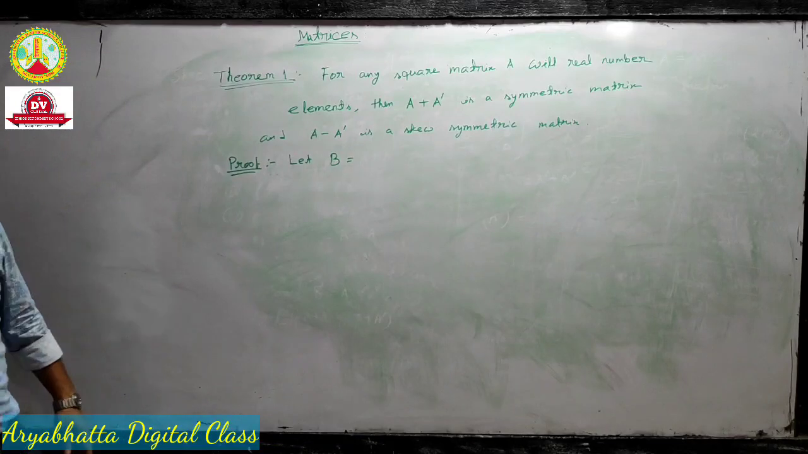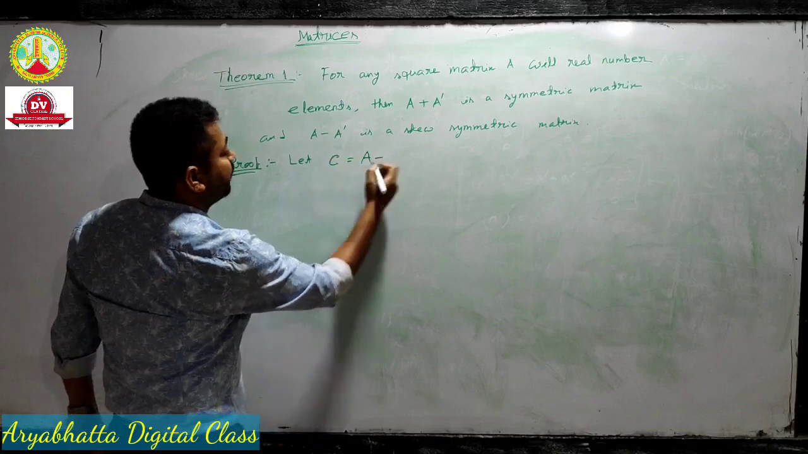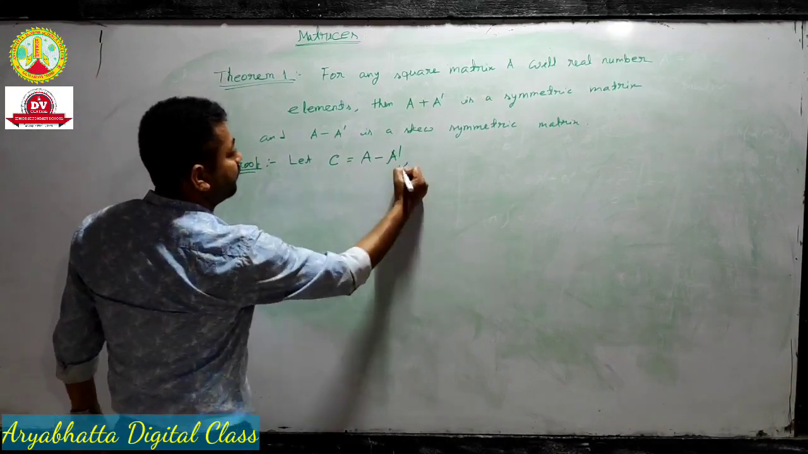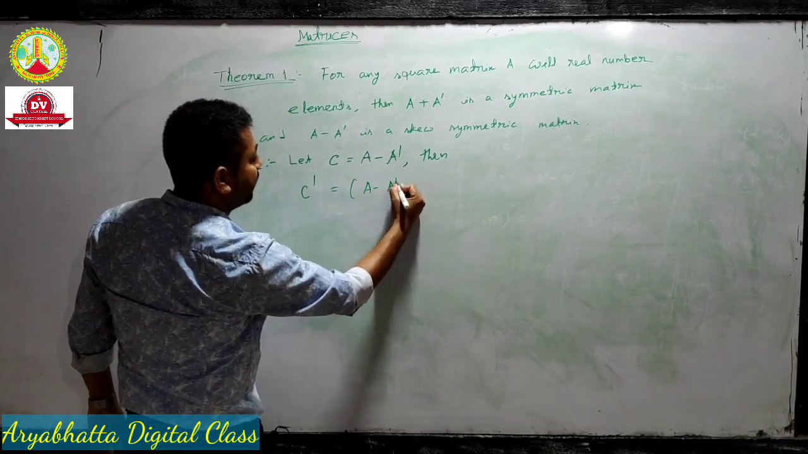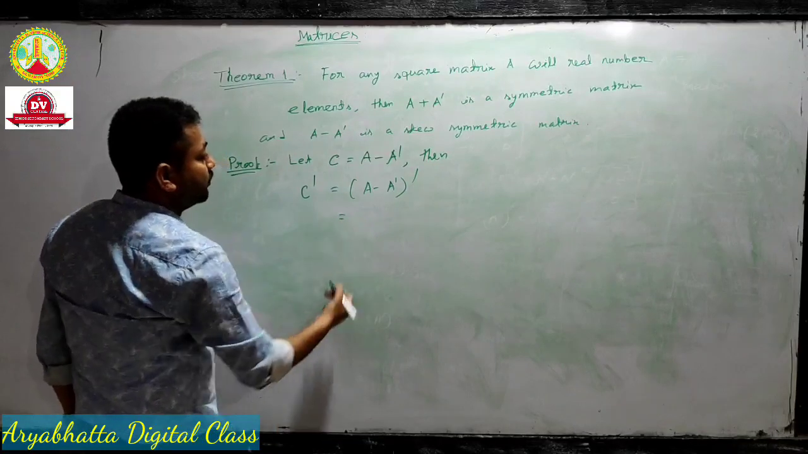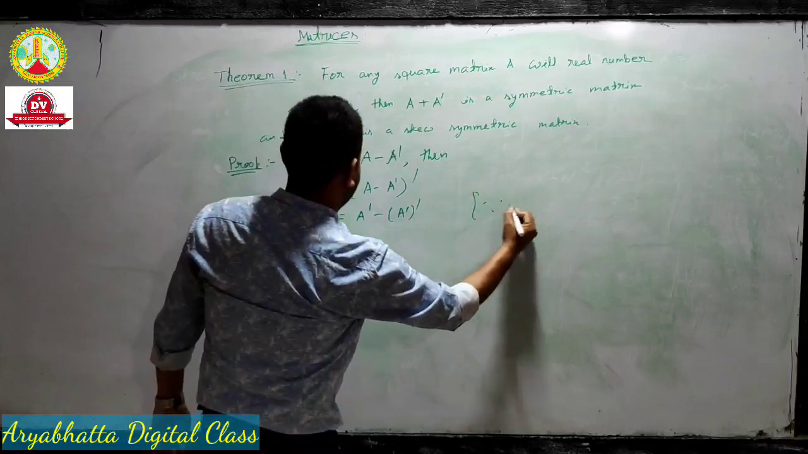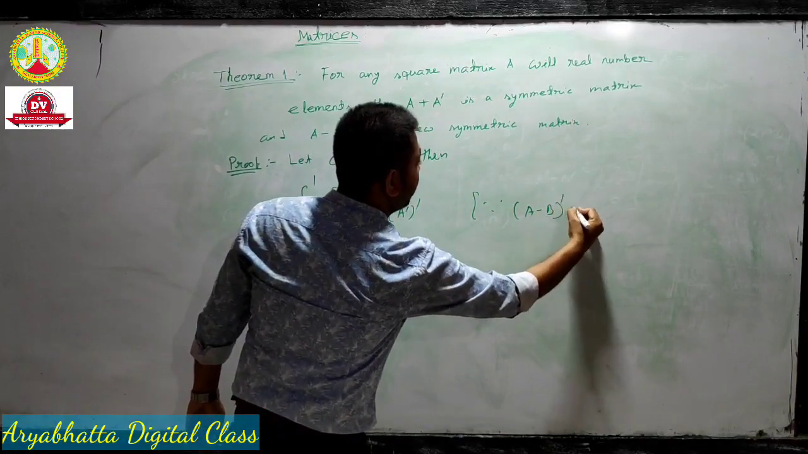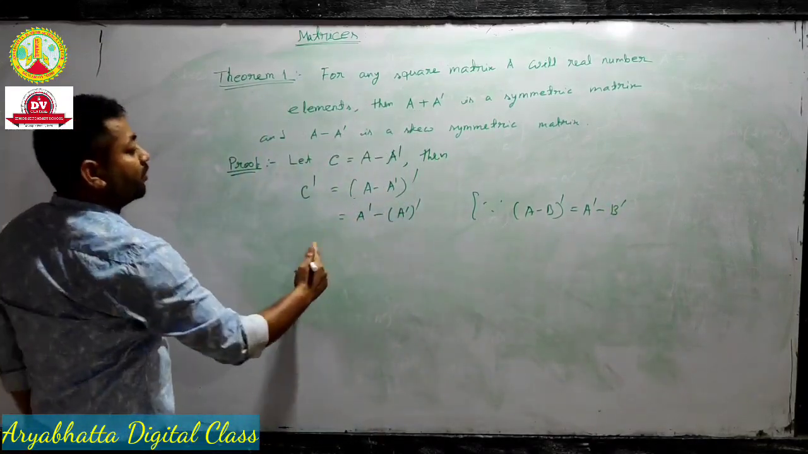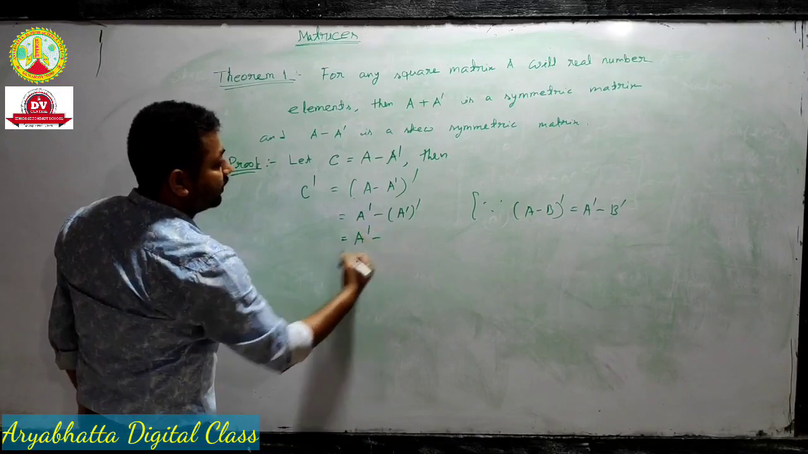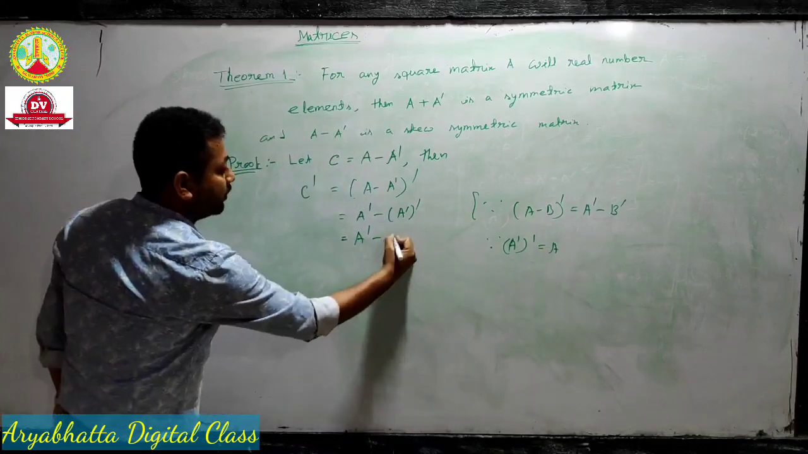Next, let C equal to A minus A dash. Then C dash equals A minus A dash whole dash. This equals A dash minus A dash whole dash, since A minus B whole dash equals A dash minus B dash. Since A dash whole dash equals A, therefore this is equal to